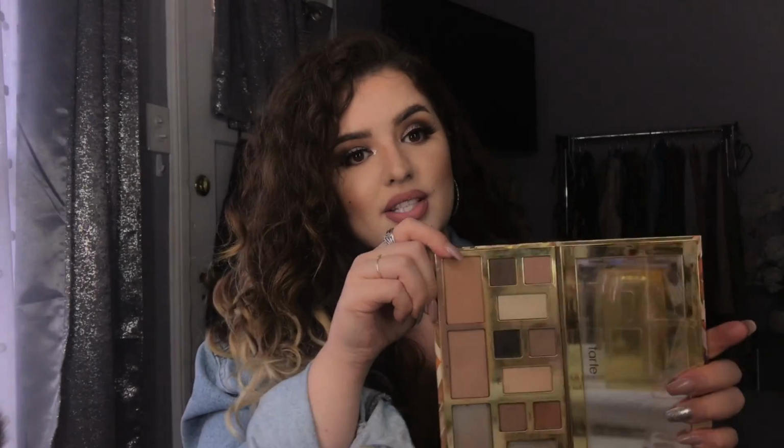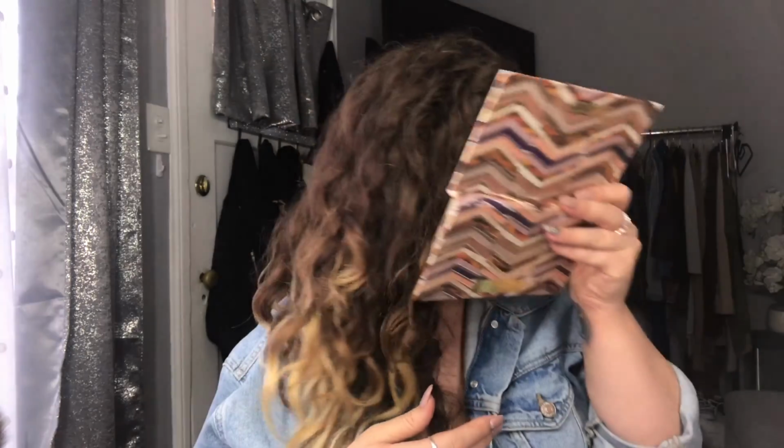I use this every single day for work. It's got the most beautiful transition colors. The bronzing colors are something I use every day for work as well. This is also great for travel, just don't drop it. You've got your bronzers and your eyeshadows in here. I mean, it's amazing. I love this palette, and for some reason, I don't know if it's just me, but it has like a chocolatey scent to it, and I love it. Every time I use it, I'm like...